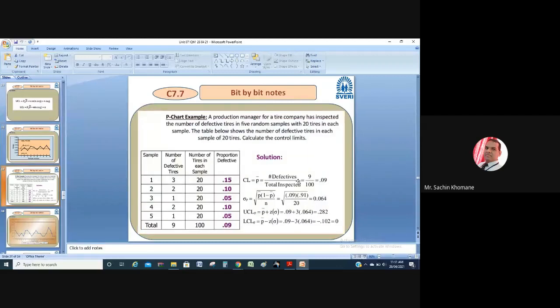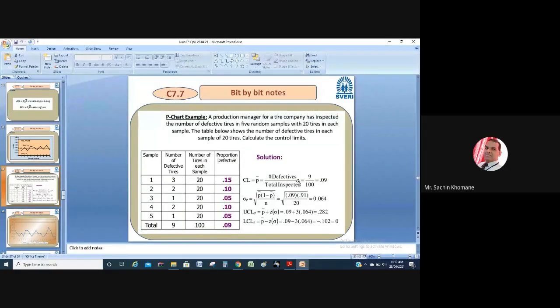So now another thing we have to discuss, that is the attribute type of control chart. Okay. So in the attribute control chart, we are not considering the parameters or variables. We are considering the attributes. So in the P chart, generally people consider the attribute like how many components were defective from that particular sample. The P chart and C chart belong to the attribute type of control chart, right?